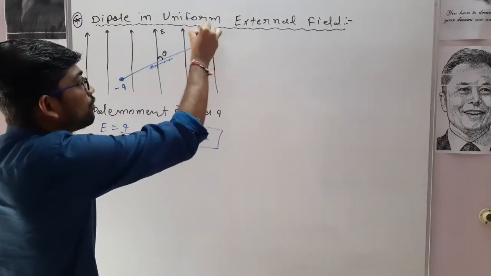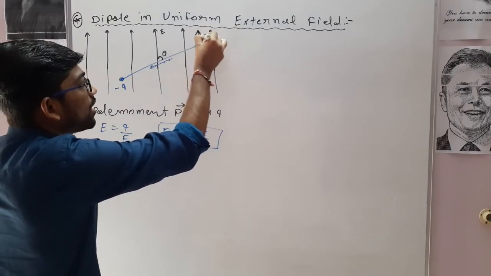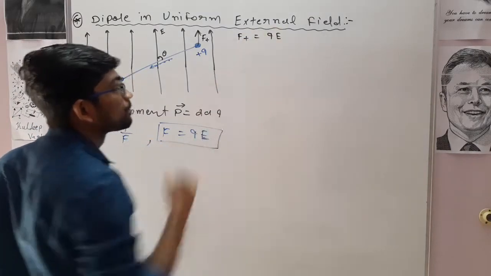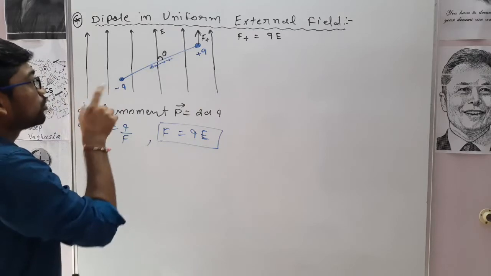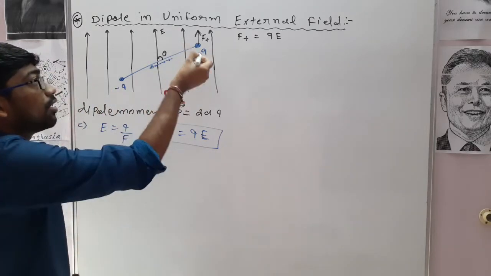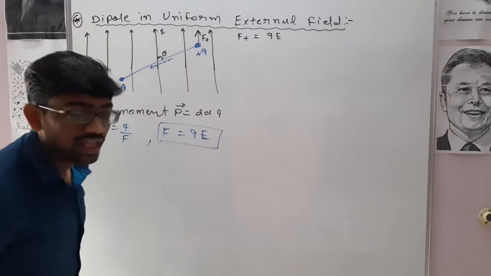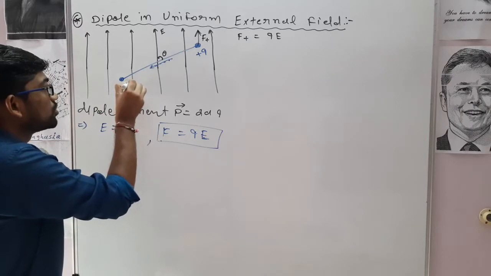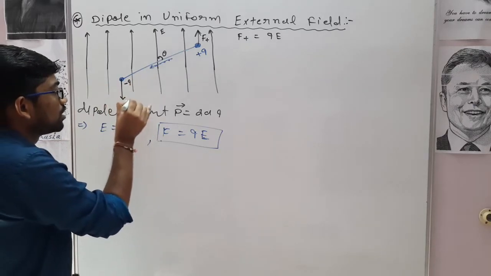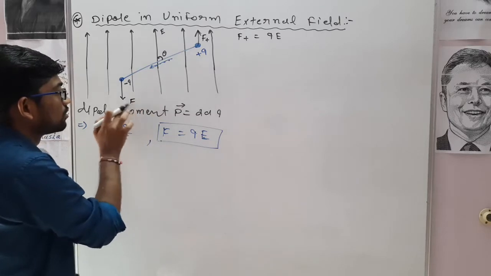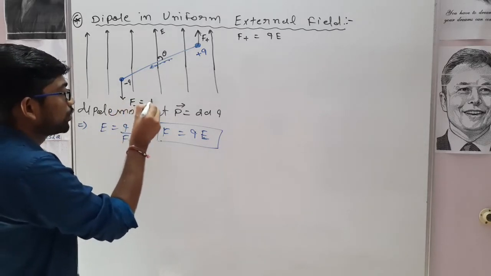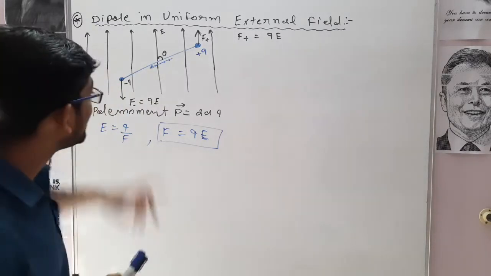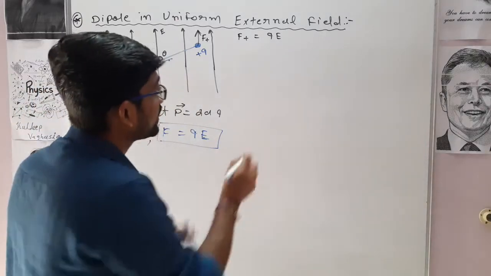Okay, and this force is nothing but F plus, and F plus is equal to QE. Done. Okay, due to the repulsive force on the positive charge it is in the upward direction, and here there is an attractive force on the negative charge, so minus QE, downward direction. The value of the force is the same because charge is the same and electric field is the same, but direction is reverse. So I can say the net force